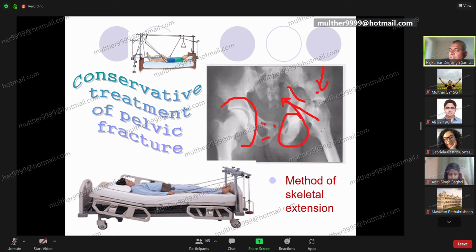So there is a fracture of the acetabulum with central dislocation. There is also a fracture of the ramus, and the patient has an unstable pelvic fracture in this scenario. So here we have one scenario. Next,